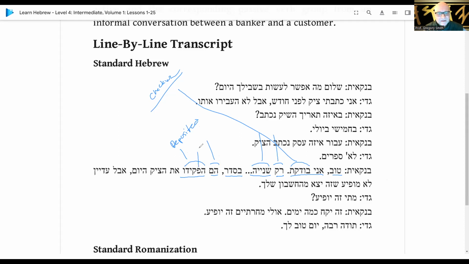So hem hafkido. הם הפקידו את התיק היום. Okay, so it's a fe. Hifkido. Now this et is untranslatable. Hatik would be the check. Hayom would be today. Okay, so aval, but